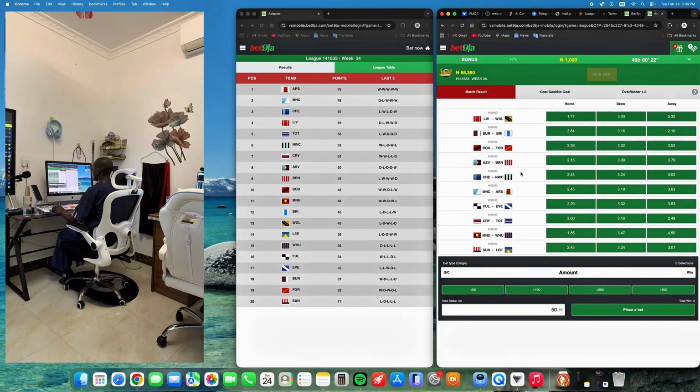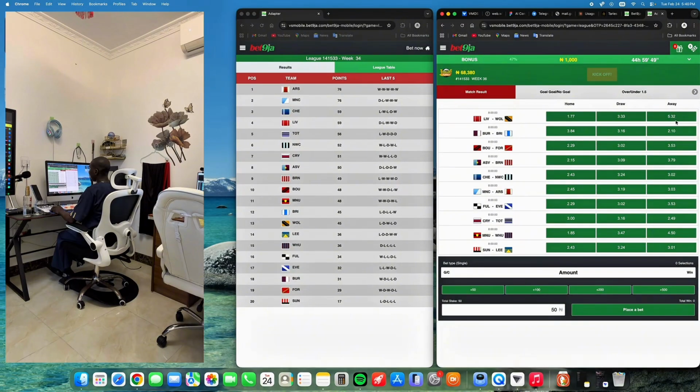Okay, so what if you have the intention of wanting to trade, you don't want to gamble like I just did, but you want to trade with this approach? What do you do? Now, here is what you should do. Look at the home side and the away side. Your aim should be on the home side because when a team is on the home side, it has more potency of winning.